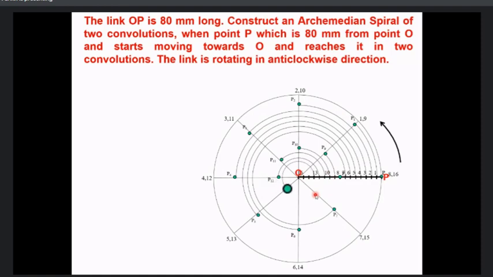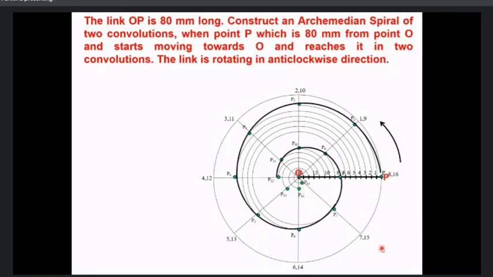वो 14 से आप करेंगे, फिर 15 करेंगे, and 16 ultimately will be at the O position. P16 will be exactly at the O position, and join it. You will get the Archimedes spiral where the 2 convolutions have been completed. Why? Because you can see on this initial line, this is the 1 convolution. यहां से लेके P8 तक एक convolution complete किया है, और P8 से ये जो बना वो सेकेंड कन्वॉल्यूशन के लिए. Is it okay? Any doubt, queries?